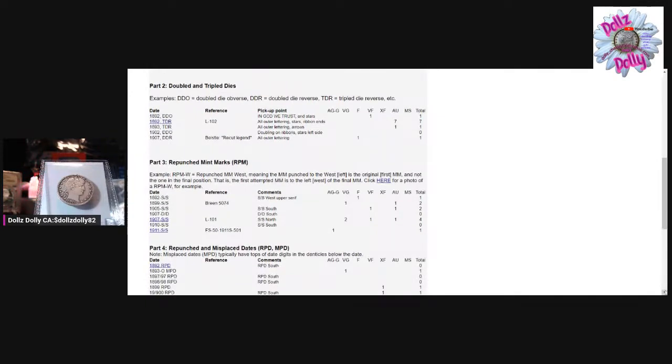So there are some doubled and tripled dies in certain years, like the 1892 DDO, the 1892 TDR, the 1893 TDR, which means triple double die reverse,